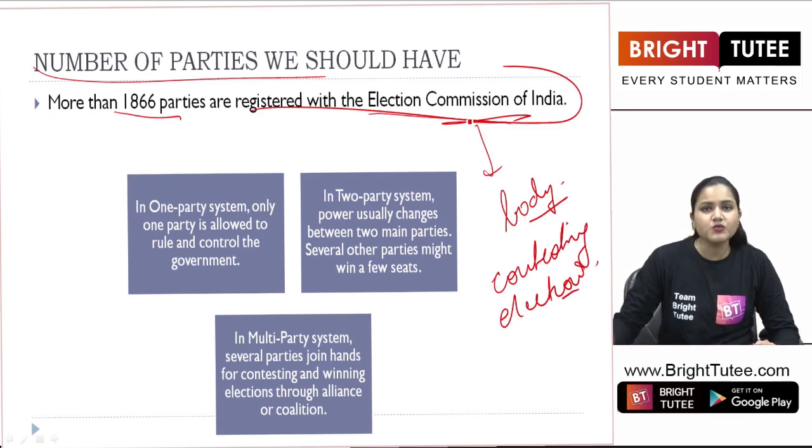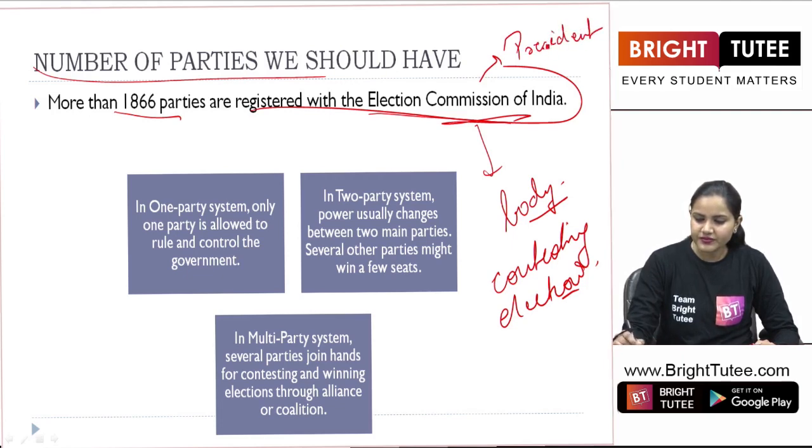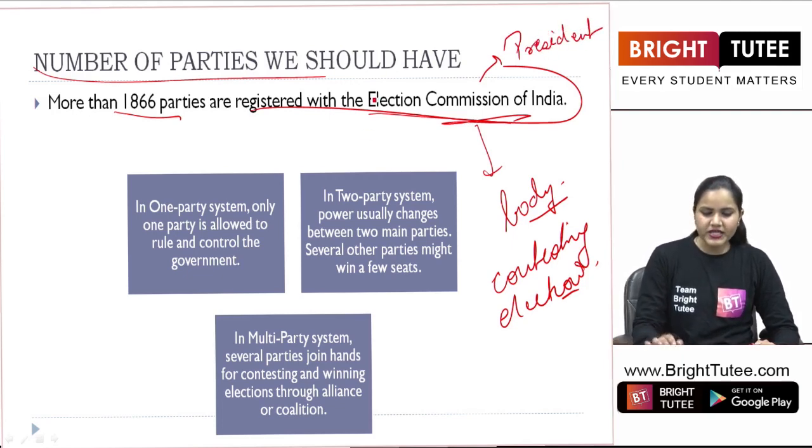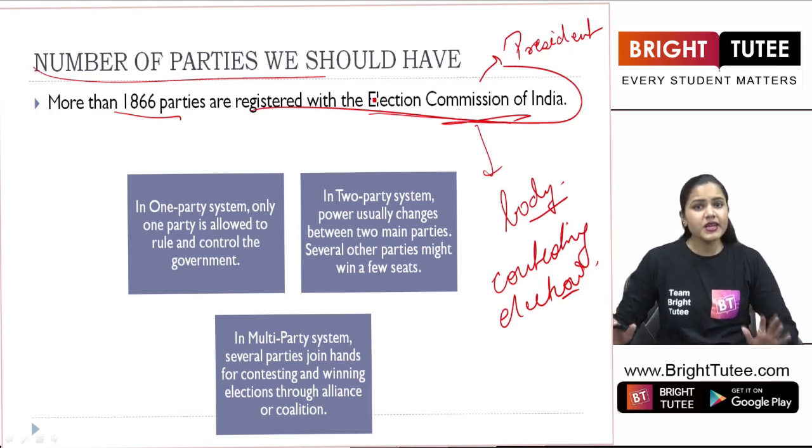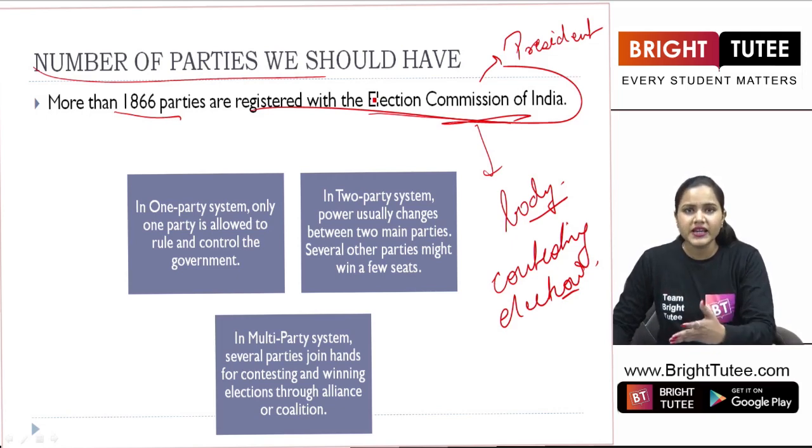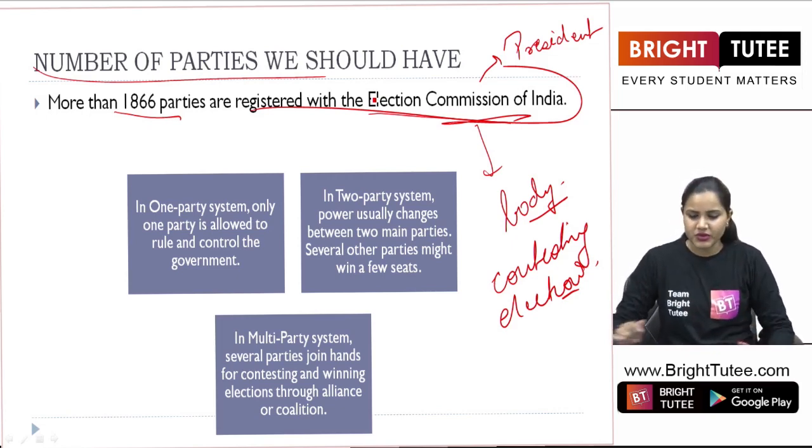Now, who appoints this body, this commission? So, it is appointed by the president of our country. Okay? So, basically, we see that any party who has to contest elections, they have to register with the